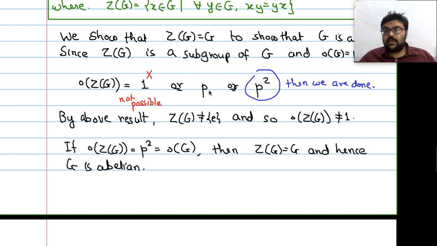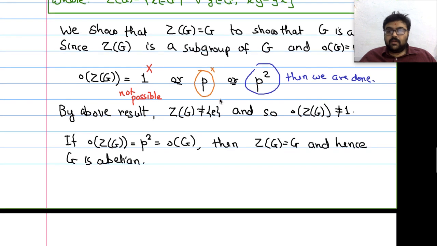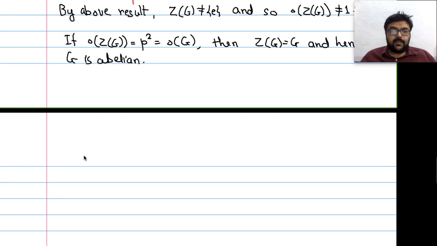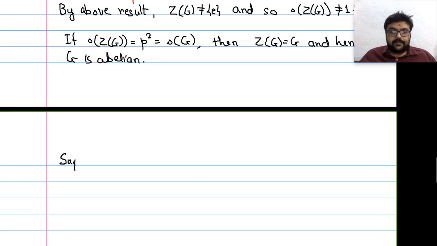So the only possibility that remains to check is whether the order will be p or not. If it is p, then we should get some contradiction. So we should show that it is not possible that the order is p. So suppose, if possible,